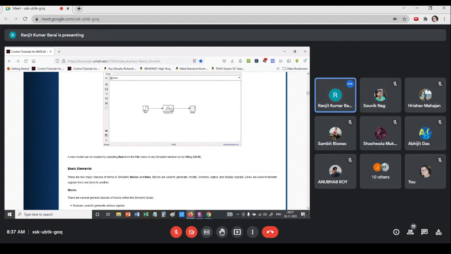But you missed one thing. Say the process may have a time delay, e to the power minus Ts. Either you have no knowledge about that delay or you missed it, then what will happen? The result will be wrong, or the transfer function development will be wrong.